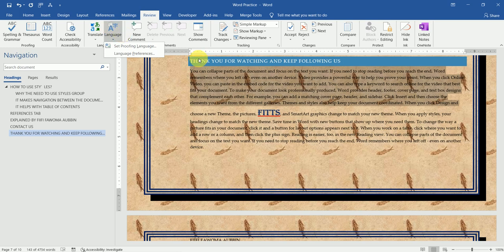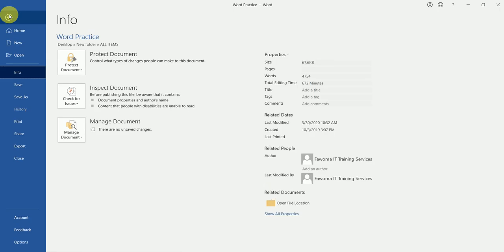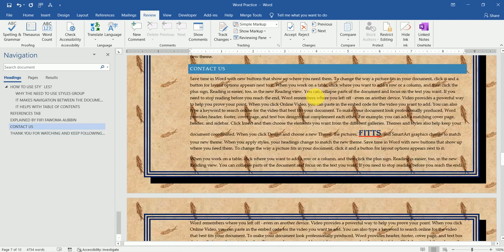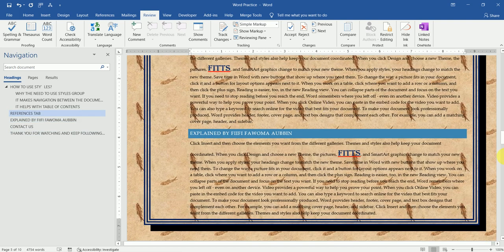Then you can set proofing language. So later I'll take you to the File tab and we explore so many options under this particular section. Then you get to appreciate how powerful Word is, and it's not basically just for typing and doing double spacing. Okay,